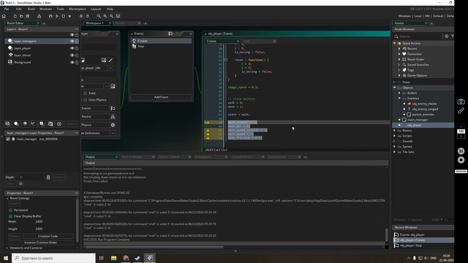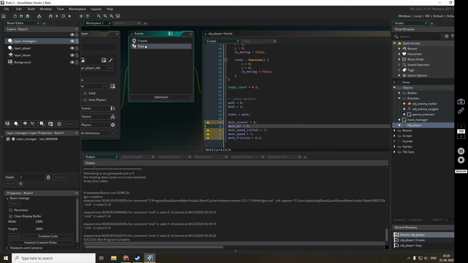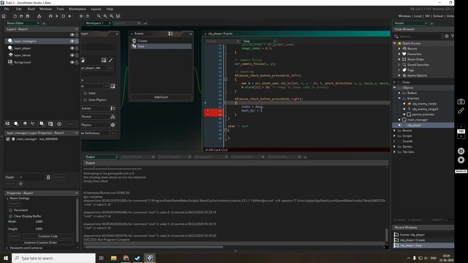I'll just copy it here so that I don't have to come back to this page, and I'll then delete all the variables that are not required here.